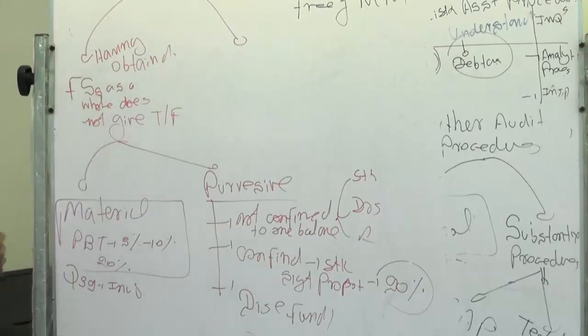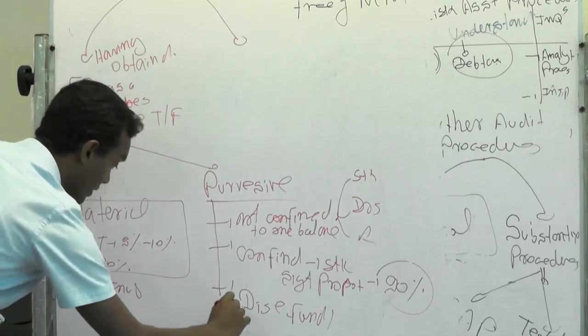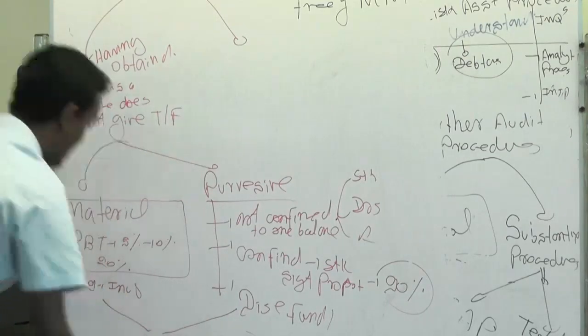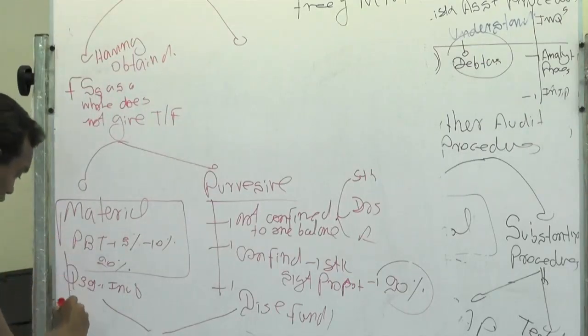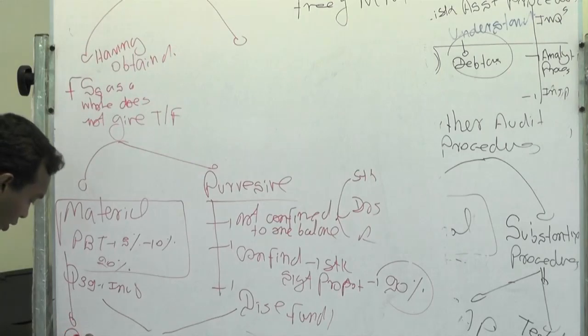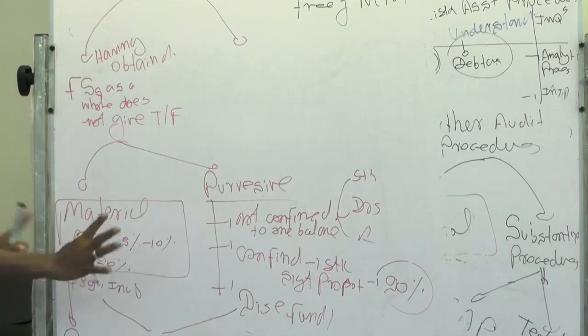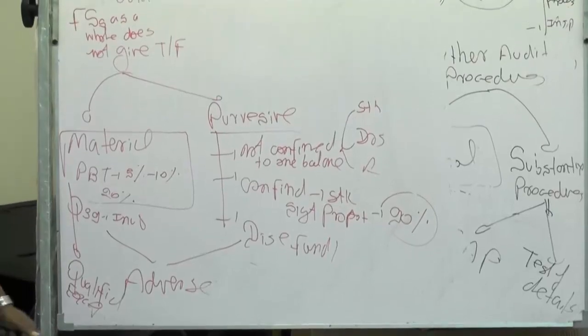So, why I explained this to you: if there is a problem which is material and pervasive, that opinion is called an adverse opinion, right. If it is only material but not pervasive, that opinion is called a qualified opinion. Another word is "except". So, the answer to question number 39 is: only inventory is wrong, except for inventory other areas give a true and fair view. So, that is the answer to question number 39.